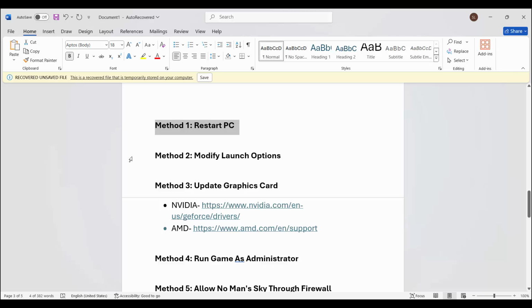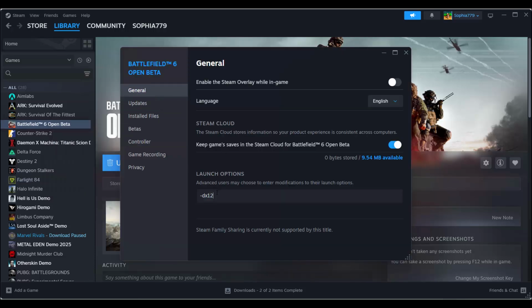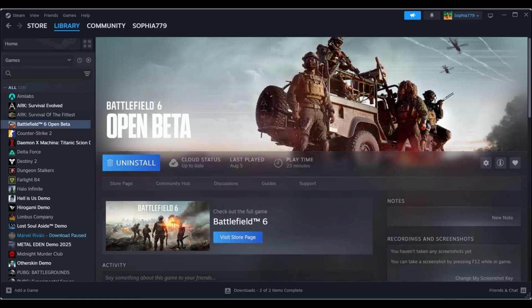If not, next is to modify launch options. For that, go to Steam. Under library section, select your game, right click on it, click on properties, and under general you need to type -dx11, and after that try to launch the game and check if it resolves the problem. If not, type -dx12 and then try to launch the game and see if this resolution helps to fix the